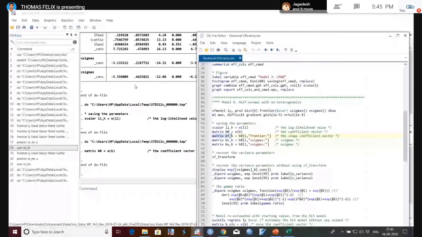I am making the coefficient a matrix. Here one is a single row, and that is a single column. The coefficient is a single column value, and I am making it a matrix.